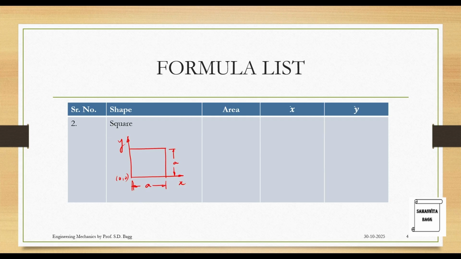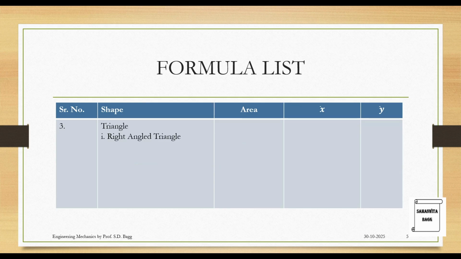All sides are equal. How do you calculate area? It is side square, or we can say it is A squared. Then we have to calculate x bar and y bar. So again x bar, y bar for a square, please remember it is again at half. So this is my G. G is nothing but having coordinates x bar, y bar. So this gap over here, we start from here, this gap is x bar, which is a by 2, and this height over here is again half, so it is a by 2. If you want, you can write this distance is x bar, this height over here is y bar.